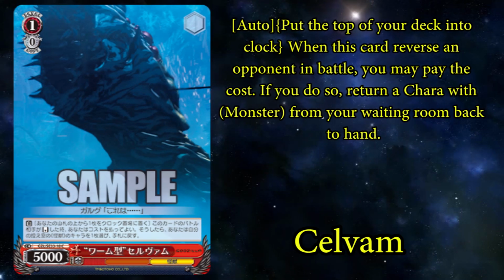Worm type, I don't know how to say this. When it reverses a character in battle, you can clock yourself and you can salvage a monster character. 5,000 for a 1/0 is pretty decent, and the effect is actually pretty good. You have like no reason not to be able to clock one to salvage. There should be other monster characters that are able to boost this up so you could get that salvage going